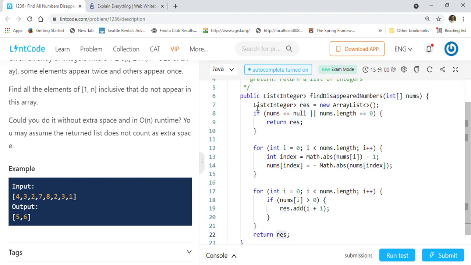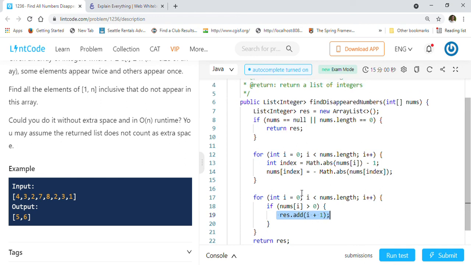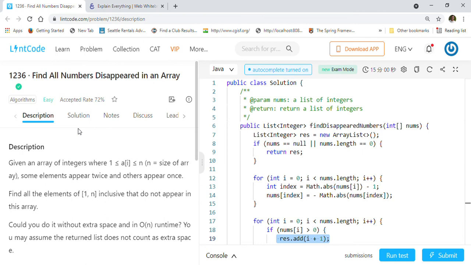If you can explain this solution to the interviewer, it's pretty good because it is order of n and it's not using any extra space. So all we are doing is just iterating through the array, and we are going to each number, and we are going to the index of each number. We are subtracting one first, we are getting the index, and then we are just making it negative basically, right? And then we are checking if anything is positive, that means index plus 1 is the missing number, right? Disappeared number. So this is the way you can solve this problem.